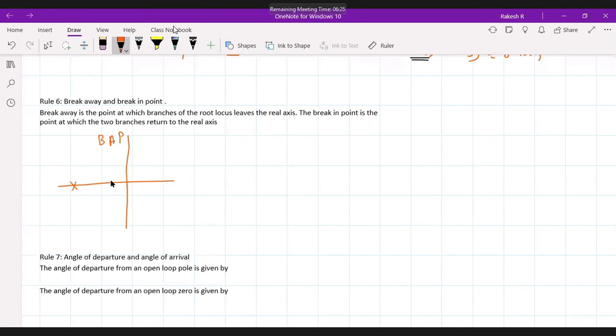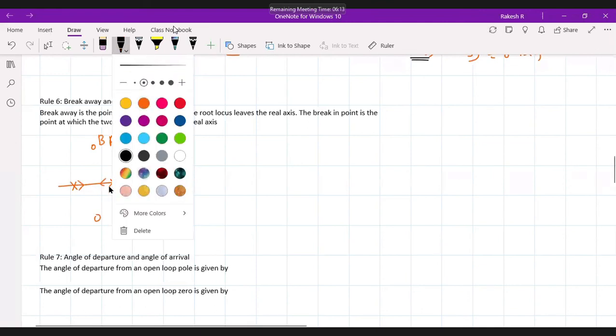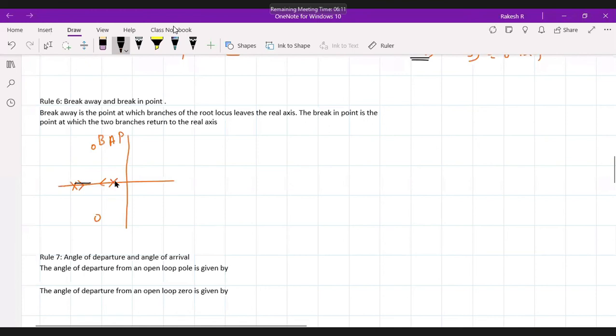If we have two poles here like this, and we have a zero here, and one zero here, the root locus will move like this, and another root will move in this manner. At some point, it has to divert like this, and merge with a zero here, and another merges with the other zero. This is the root locus. This point is called a break away point, that means it is moving away from the real axis.